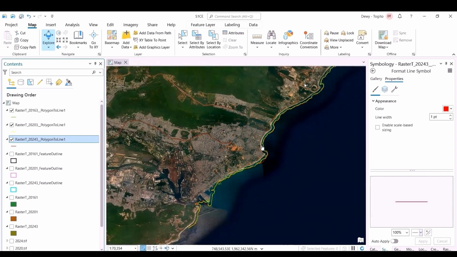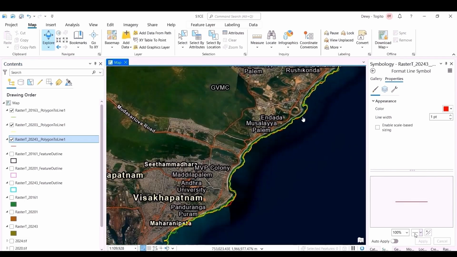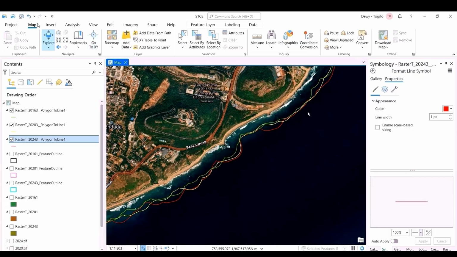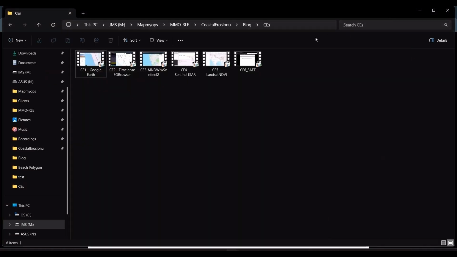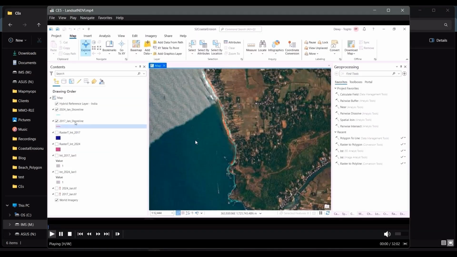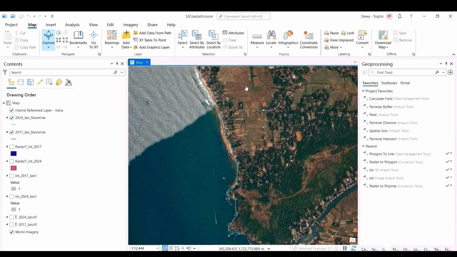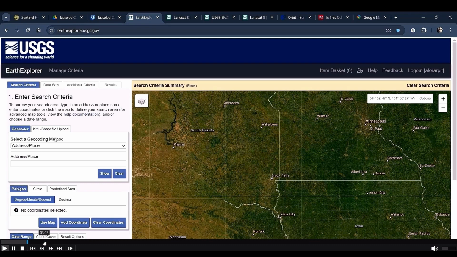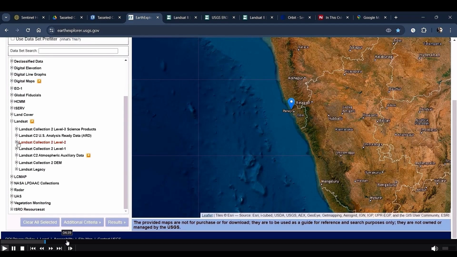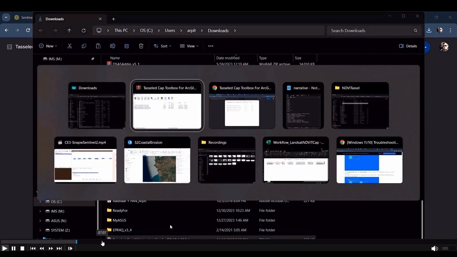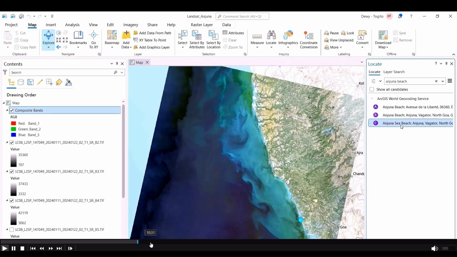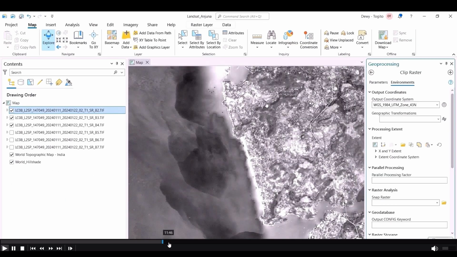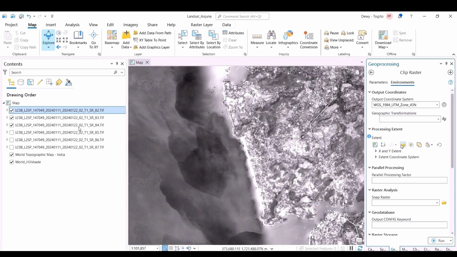While all the previous 4 workflows were performed using satellite imagery from the European Space Agency's Sentinel platform, in the 5th workflow here, I have used a different source of optical satellite imagery, that is Landsat satellite imagery from NASA USGS platform. The area of interest remains the same, which is Anjuna Beach in Goa, which I had used in the previous workflow. I had processed the Landsat imagery on ArcGIS Pro using the Tasseled Cap technique, which involves